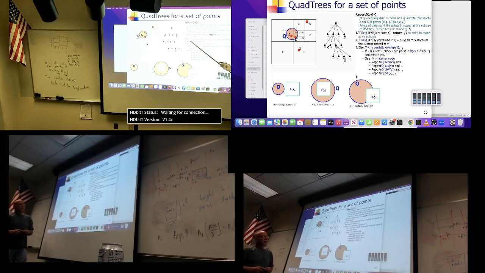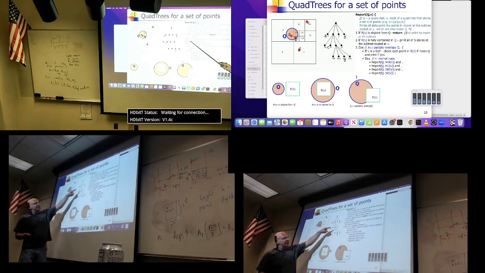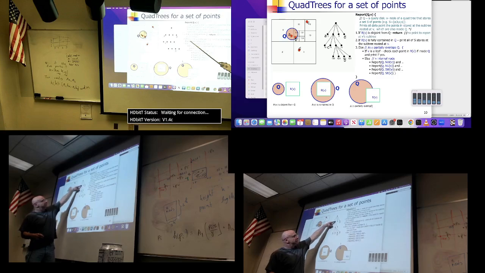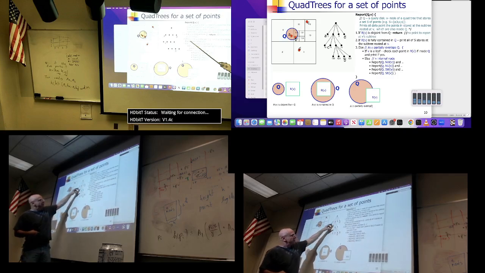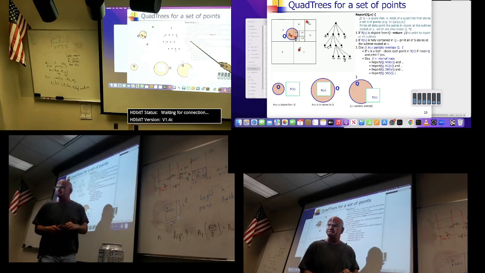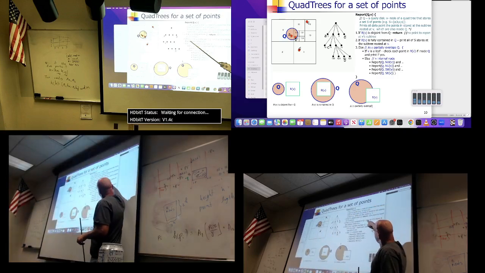Now, if I just want to know how many points there are in the query disk, then at this moment, I realize that the whole subtree of V is inside Q. I'll keep a counter here that keeps how many data points I have in the subtree, and then just accumulate this number. Next,